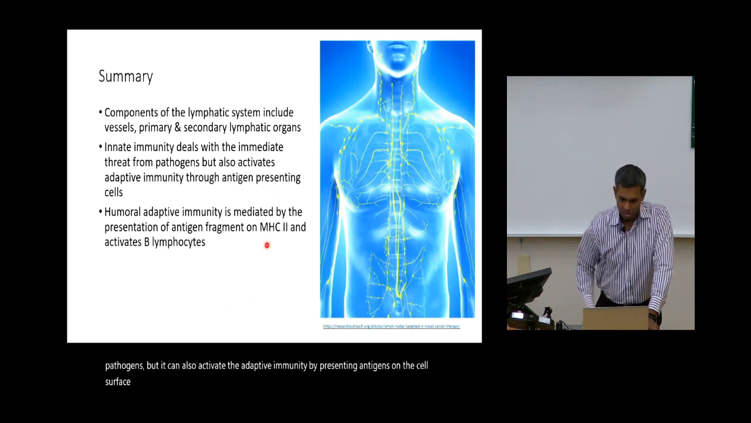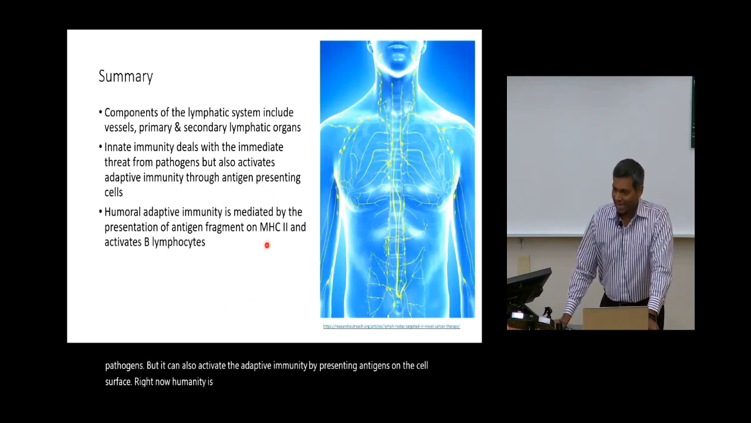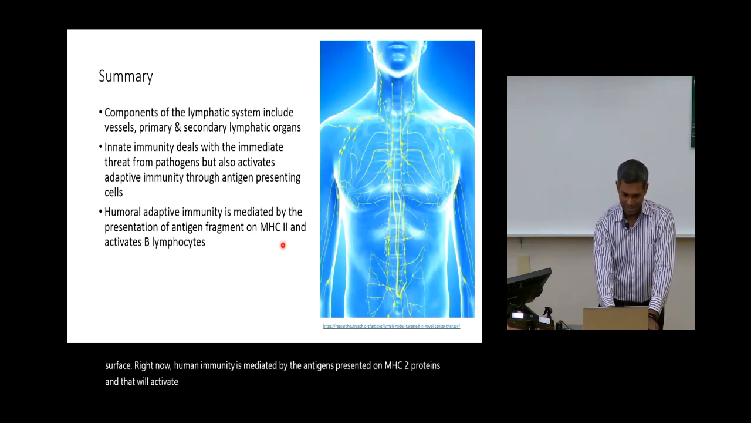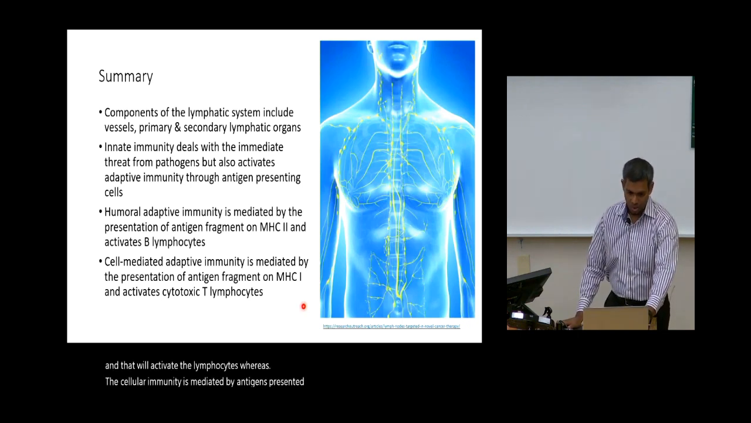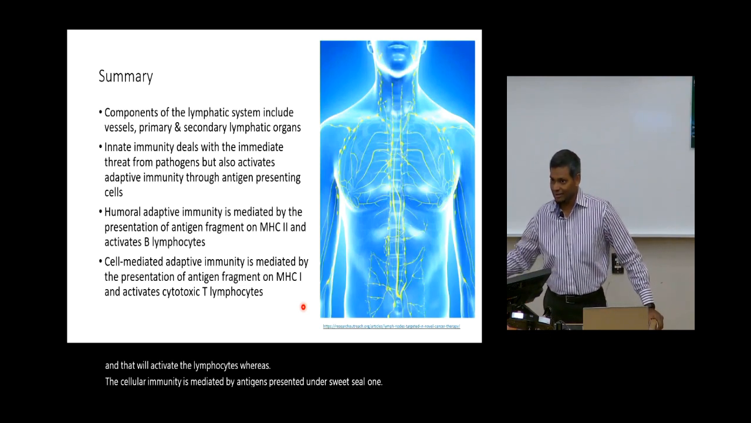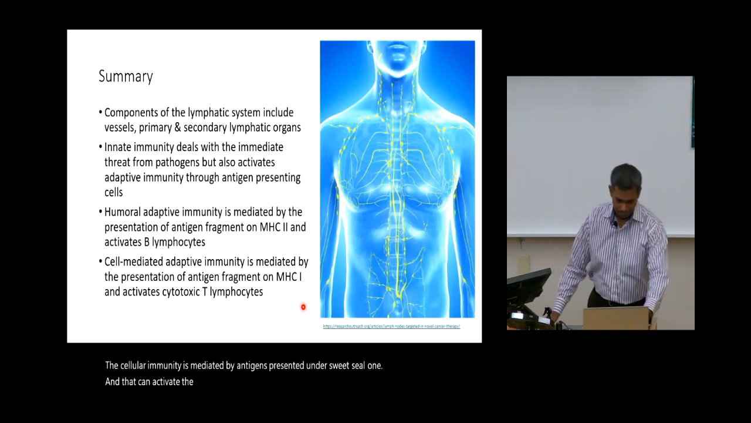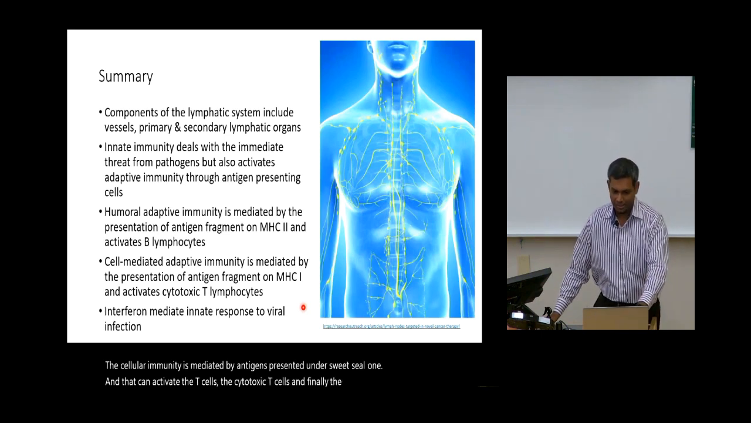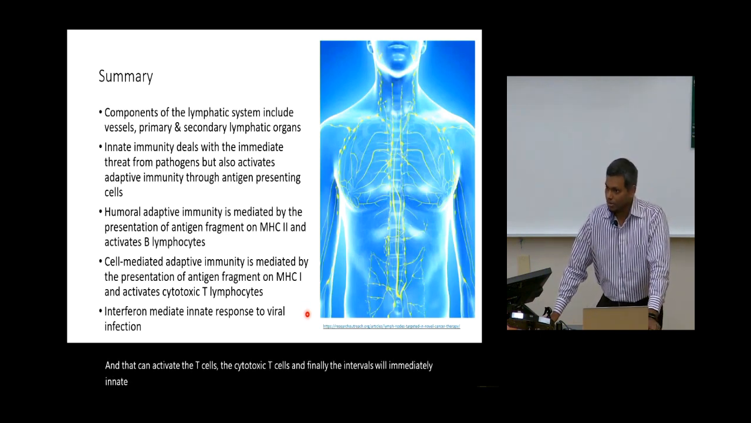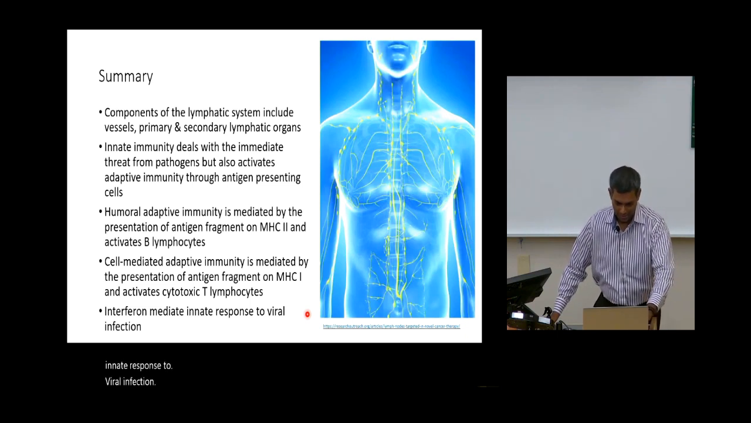Right? Now, humoral immunity is mediated by the antigens presented on MHC2 proteins, and that will activate B lymphocytes, whereas the cellular immunity is mediated by antigens presented on MHC1, and that can activate the T cells, the cytotoxic T cells, and finally the interferons will mediate the innate response to viral infection, right? So with that, I want to very quickly talk about the